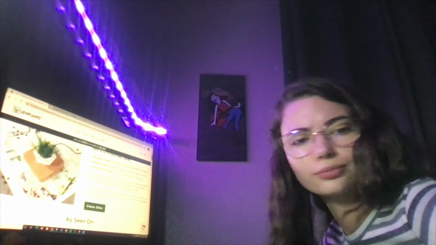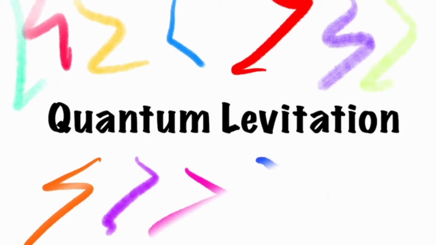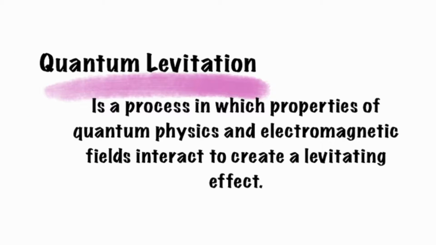I was watching YouTube the other day and I came across this new product called Levy Floating Plant that featured a levitating plant pot that rotates. I was instantly curious, how did they do that? And it led me to the different types of levitation, and I thought I'd show you the super interesting concept of quantum levitation. Levitation is a process in which properties of quantum physics and electromagnetic fields interact to create a